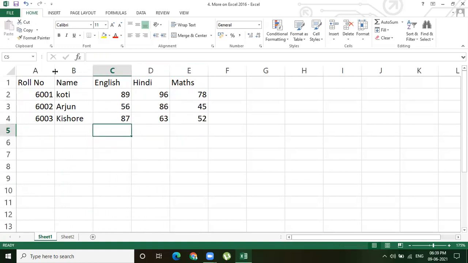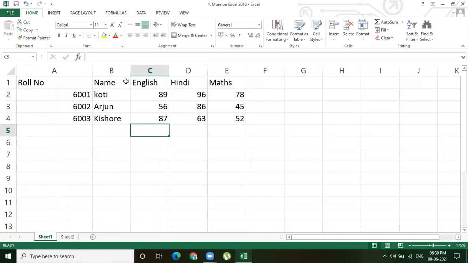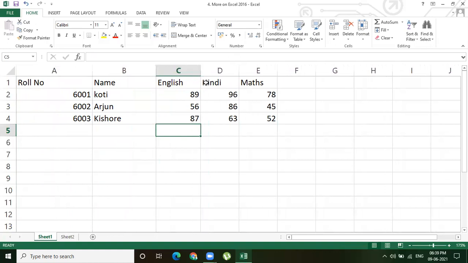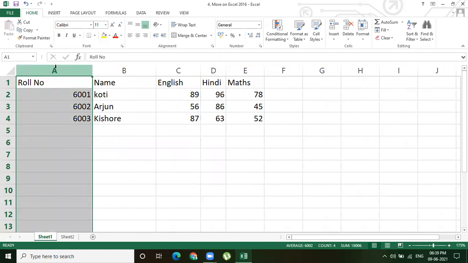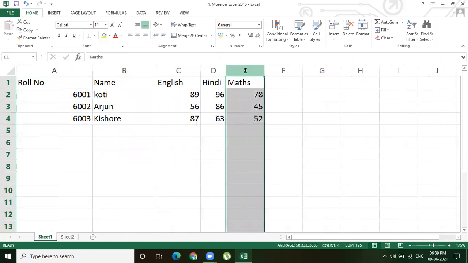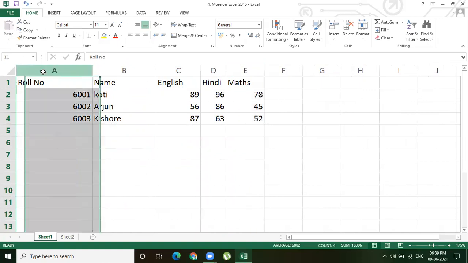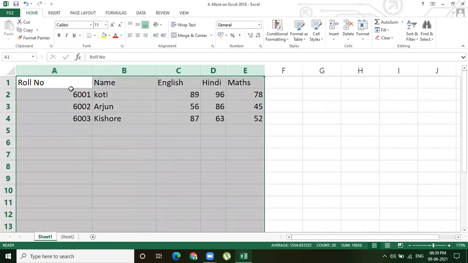So now if suppose this column, if you want to increase, place the cursor here and you can increase. You can observe where I am placing cursor. And if you see, this column width is very big, and this column width is very small. So this is not looking good. Why? Because some of the column widths are very big and some of the column widths are very small.